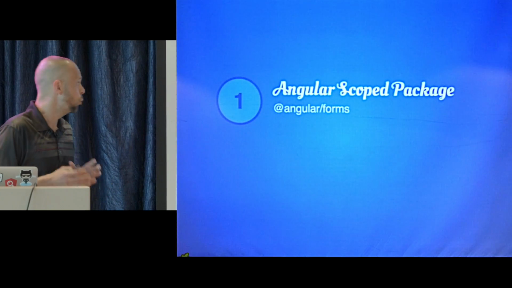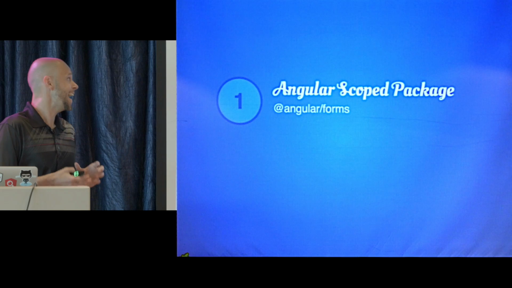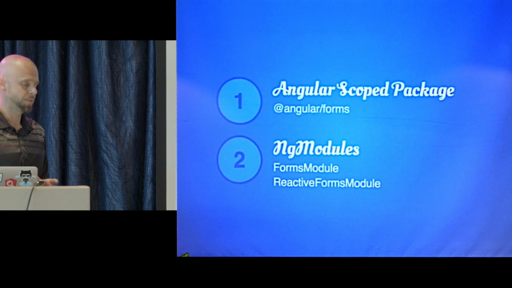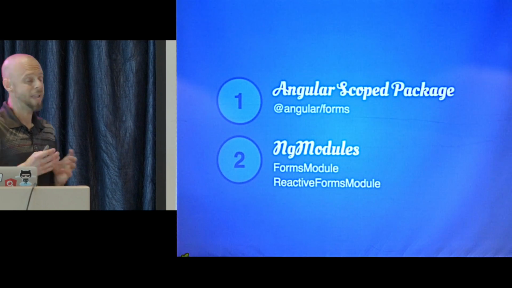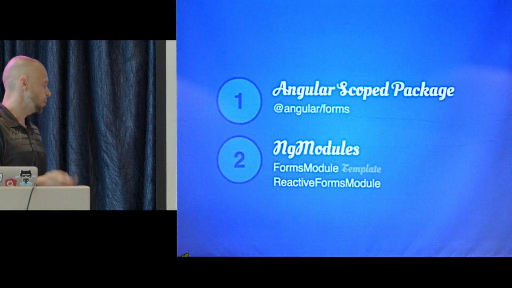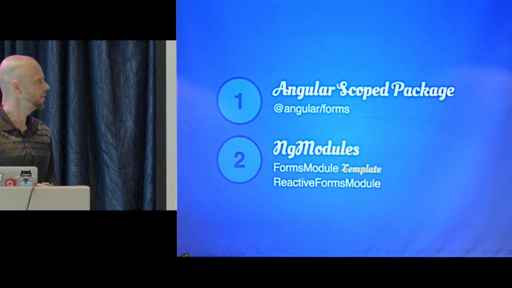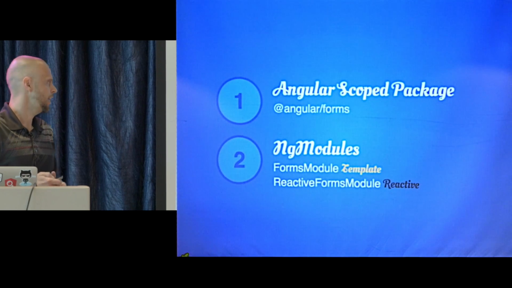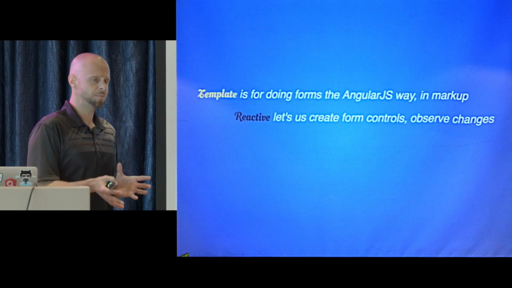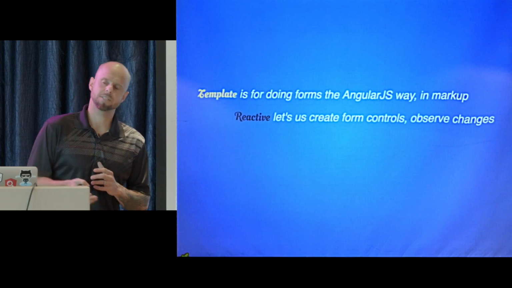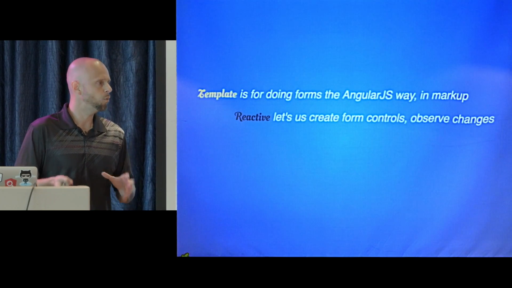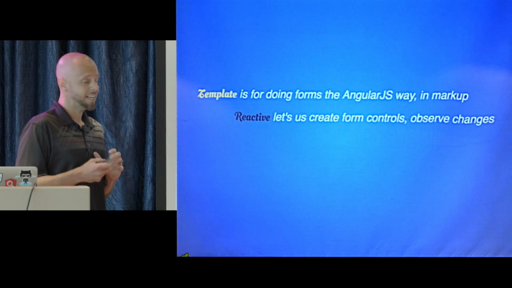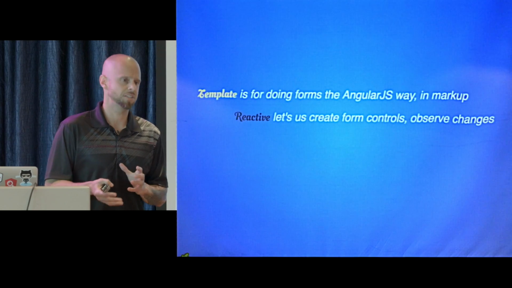So Angular has one scope package for forms that's @Angular/forms. And it actually has two ngModules: forms module and reactive forms module. And forms module maps to template-driven forms, and reactive forms module maps to reactive forms. And something that we hear a lot about in the description of these two is that template-driven forms gives us a way to do formy type stuff all within the markup, similar to how AngularJS provides us. And reactive forms lets us react to value changes and